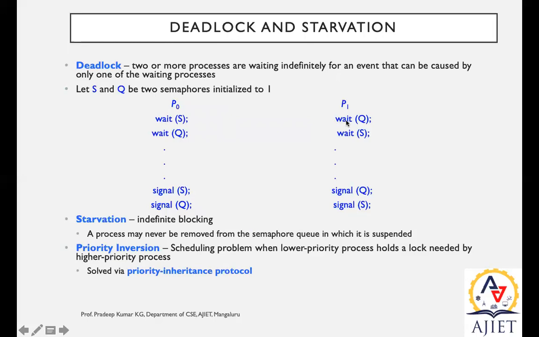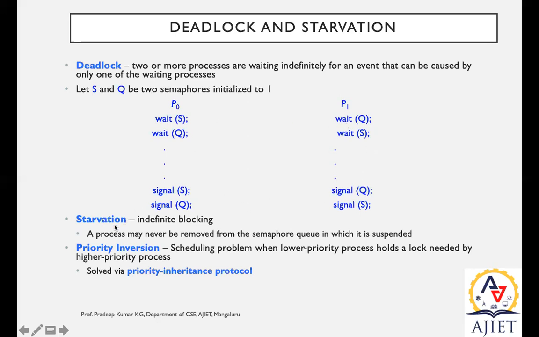Consider a scenario with P0 and P1, and S and Q, two semaphores initialized to 1. Initially P0 is in a waiting period, and P1 is also in a waiting period, P0 with wait Q, P1 with wait S. So this is continuous because two or more processes are waiting indefinitely in the queue. Right, the continuation: because of this blockage,